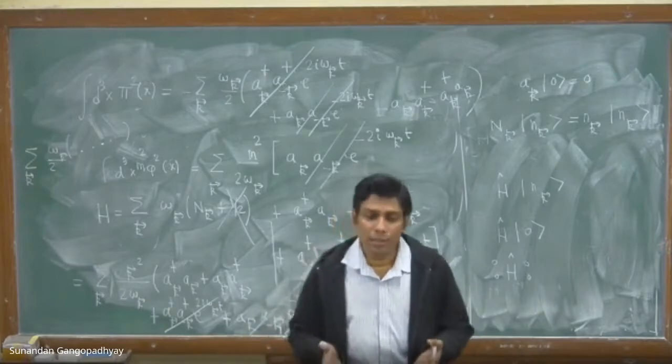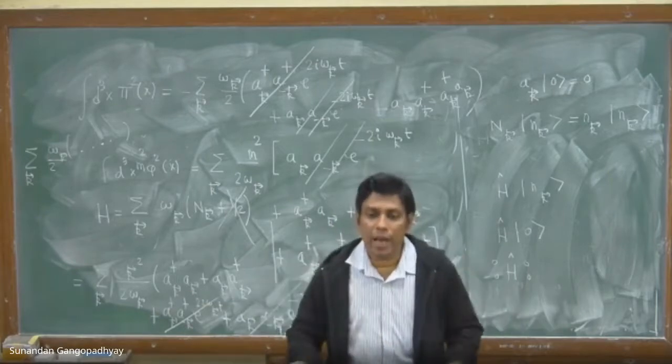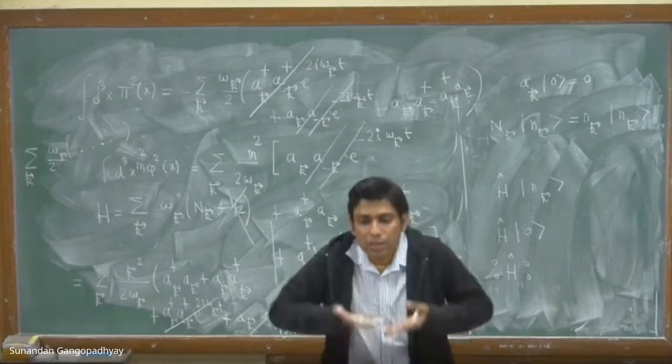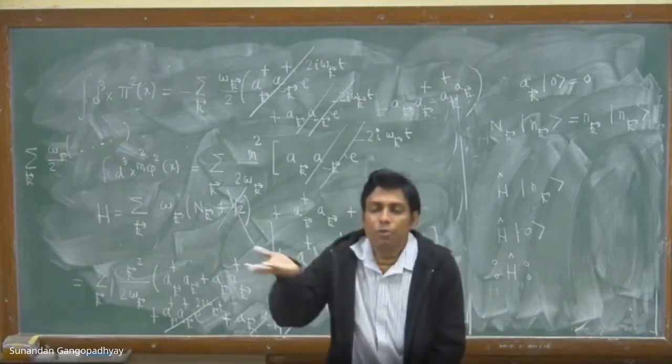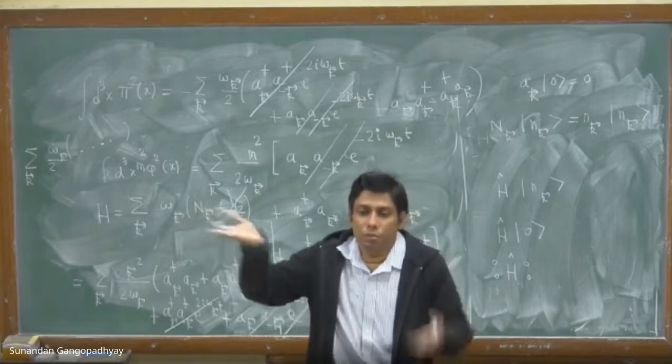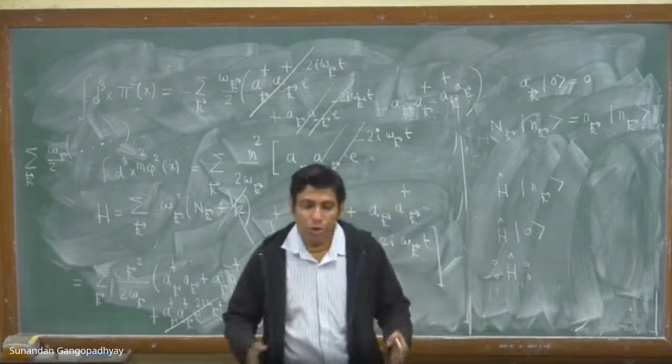What it basically means is that this infinite amount of energy that you really have in a field theory always, you just shift your zero of energy. You say that you forget about this and this is my zero of energy. You forget about the infinite amount of energy that you have. So it is just like the choice of your potential.